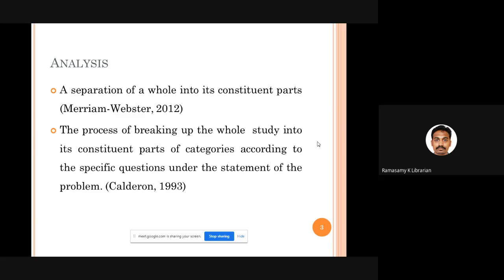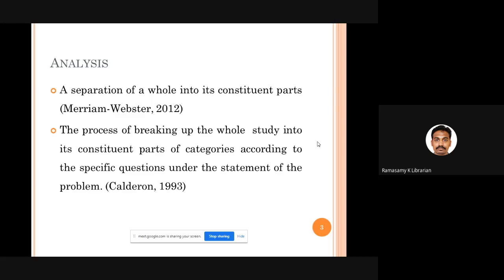So how do we categorize this data into various categories or classifications? That should be based on the specific questions that you have framed for your research work under the statement of the problem. When you are talking about the statement of the problem, you might have decided what are the various questions my research is trying to answer.